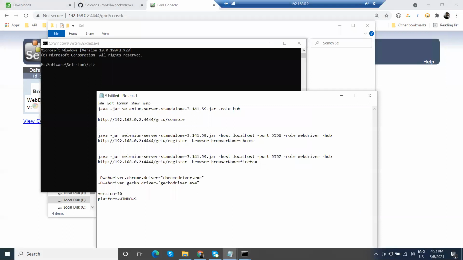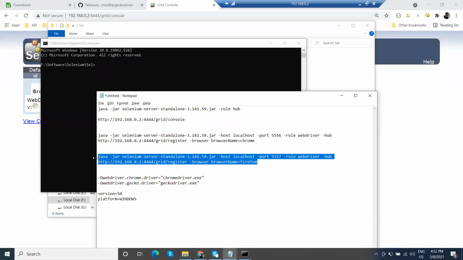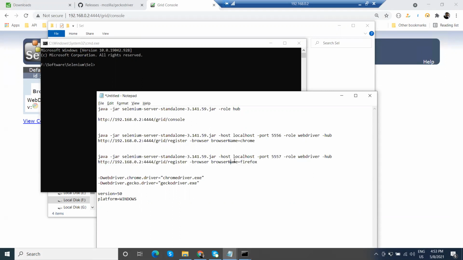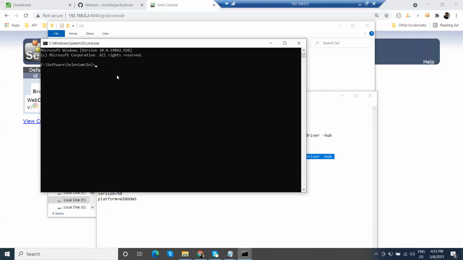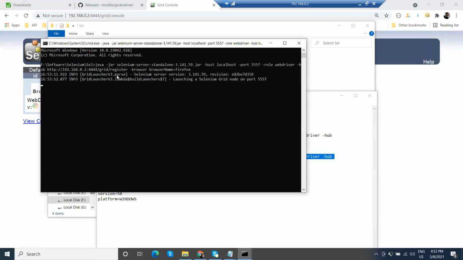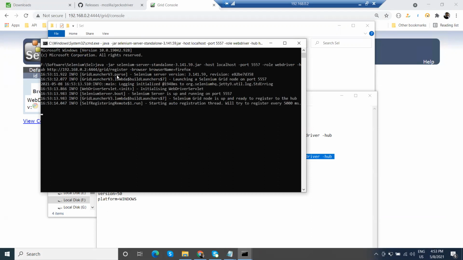This command is for the Firefox driver, so at the end I am going to pass Firefox. We can give localhost here because we are going to run on the same machine where the grid is running. Just run this command and it will register with the hub. Registering the node to the hub.